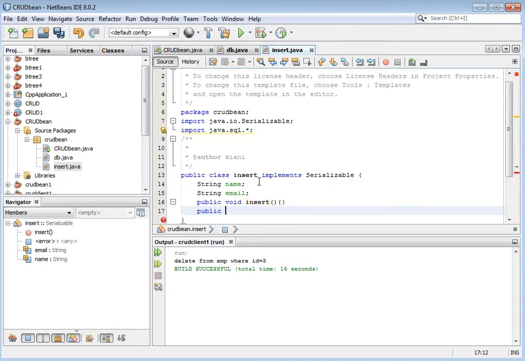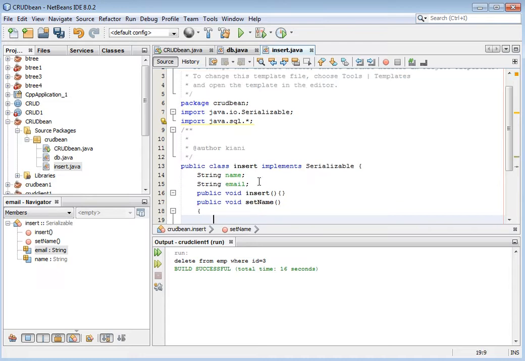Next requirement, we have public void setName, where the N is capital. For the name, this.name is equal to name, and we provide the name as an argument, String name.